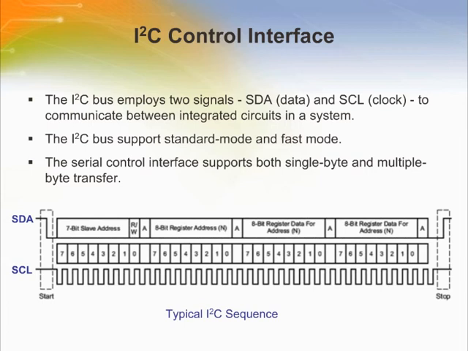The TAS5508C has an I2C serial control interface to receive commands from a system controller. The control interface is used to program the registers of the device and to read device status. It supports both single byte and multiple byte read-write operations for status registers and the general control registers associated with